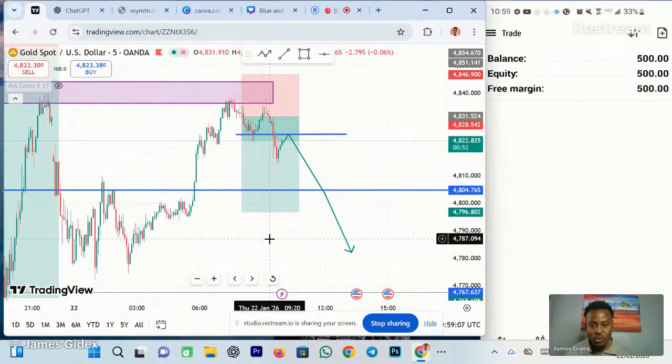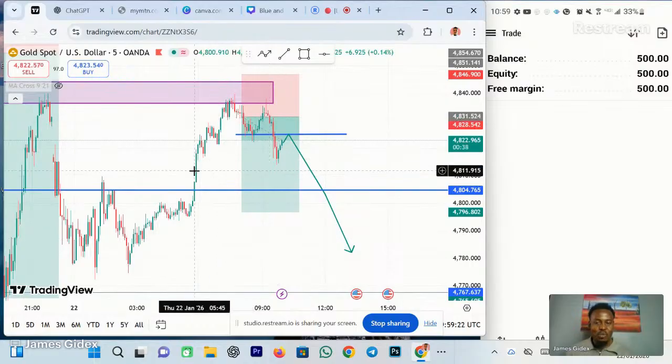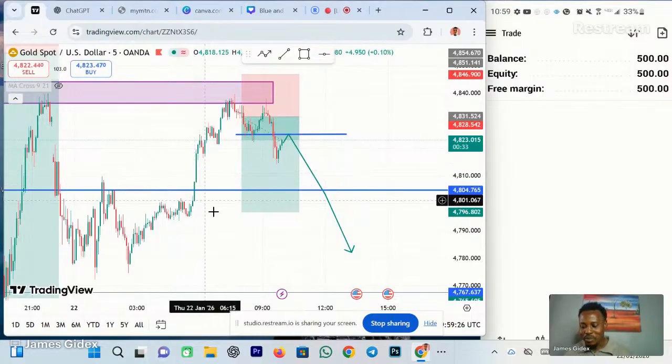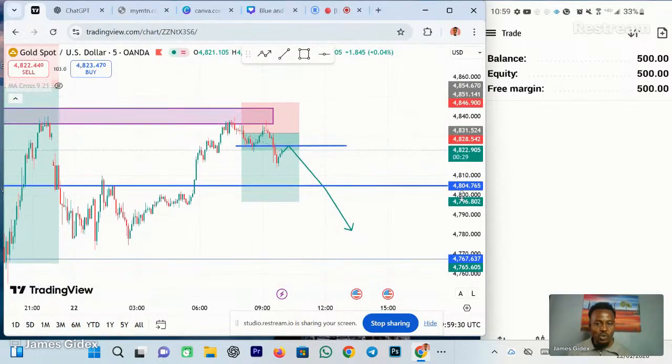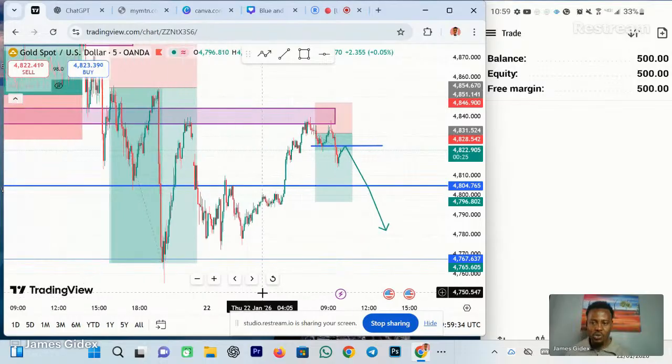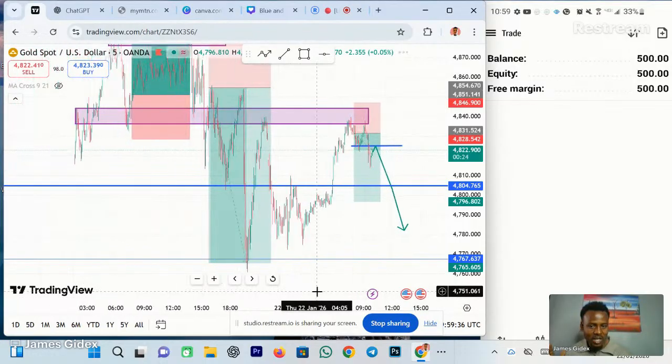I believe that you guys know what support and resistance are. And what we are doing here is called price action, strictly price action. If you look at my charts, there are not too many indicators. In fact, it has no indicator on my charts, and we keep cleaning it back to back. So before our price gets to retest our zone, let me show you guys one or two things.